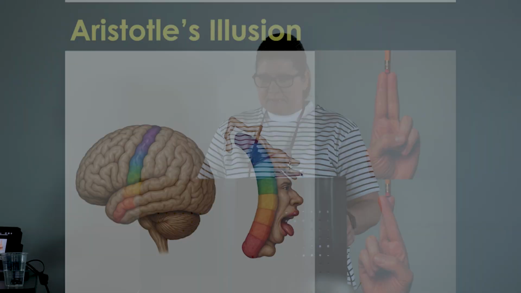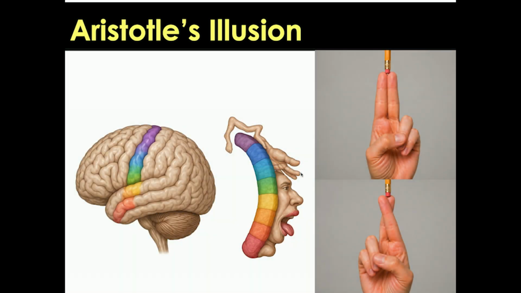So I would not be a good perceptual psychologist if I didn't show you a couple of my favorite demonstrations. So in addition to what we had this morning, I've got a few more demos to show you. The first one that I use in my class is something called Aristotle's illusion. And I'll get you to demonstrate this for yourself.